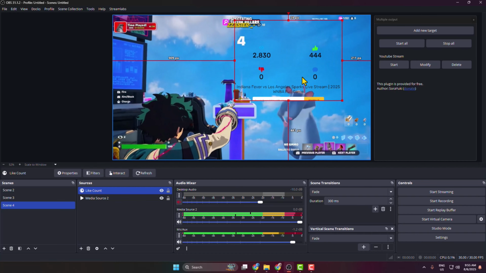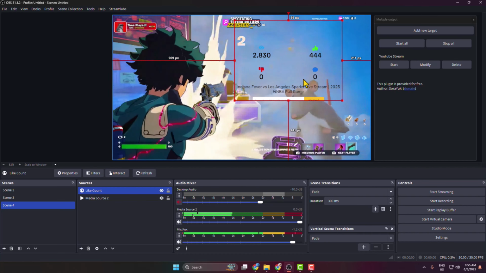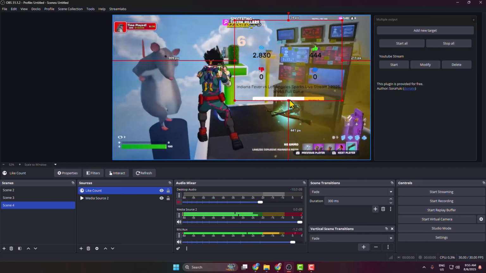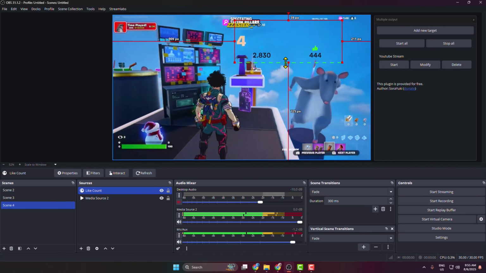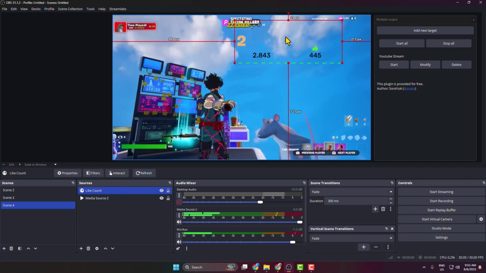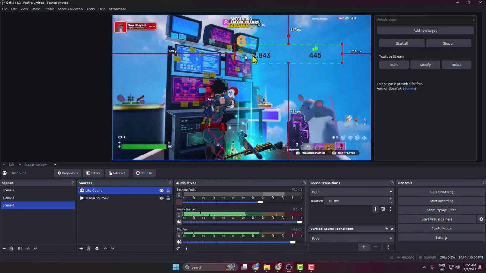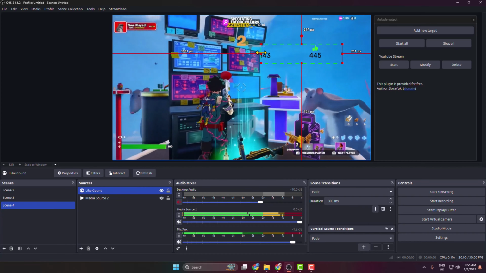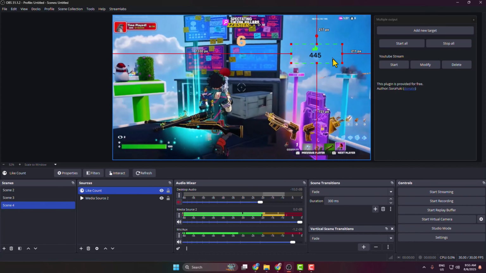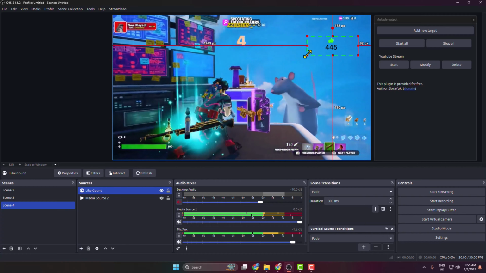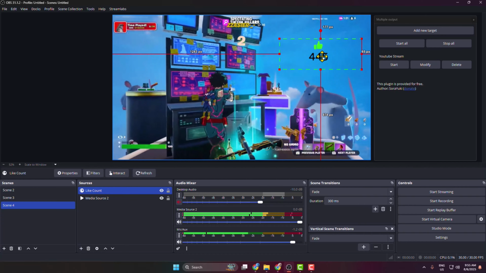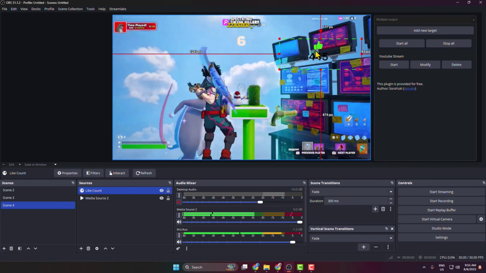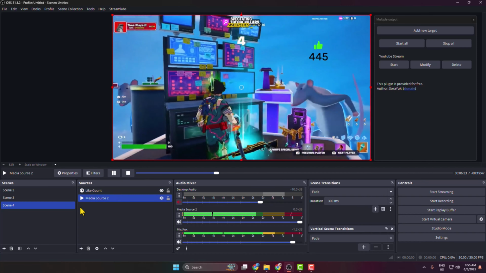Now we have to crop this widget. So just hold down the Alt or Option key and go ahead and crop this widget. I want to only make the like count visible, so I'm just cropping everything else. Okay, now you can just go ahead and resize this widget, and to change this widget color, select the like